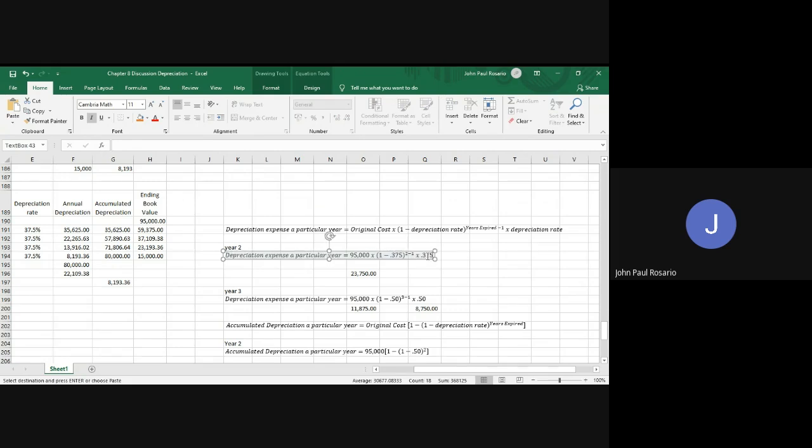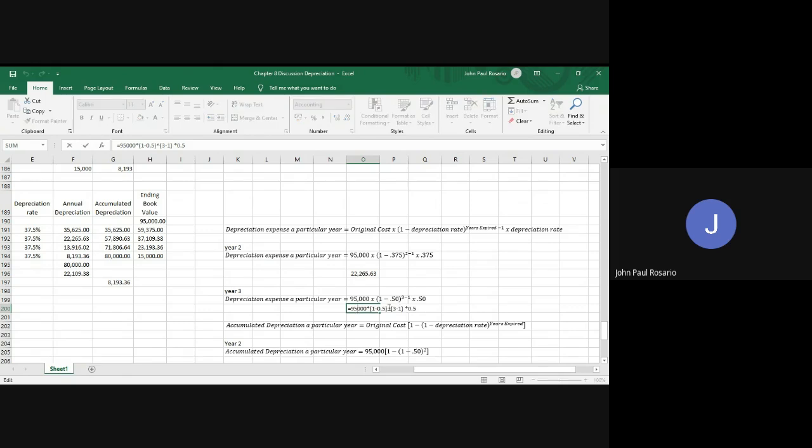If we calculate that, we got 22,265.63 as our depreciation expense on year 2, and it's correct. On year 3, no need to adjust